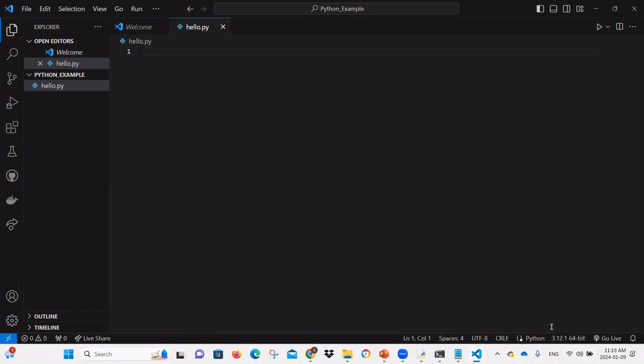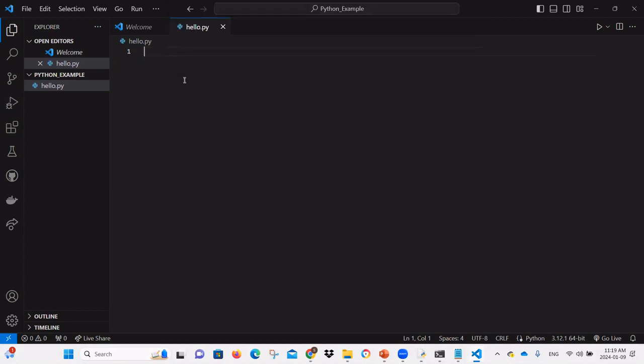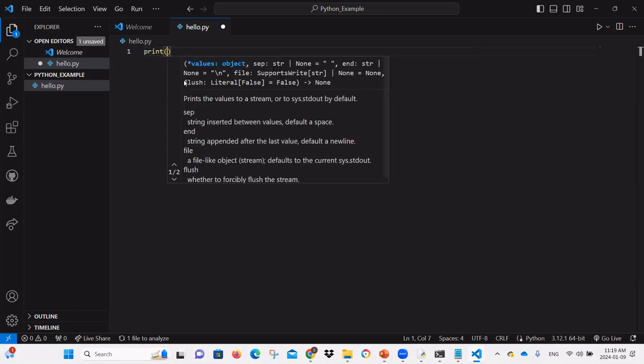Now it's easy to change here. You can click on the version number and choose another interpreter if you want to. I personally prefer to remove all other versions, but not everybody does that, and some people forget, so it's good that you know how to deal with it when it happens. Okay, so we're going to use 3.12, and we're just going to do our hello world. So print